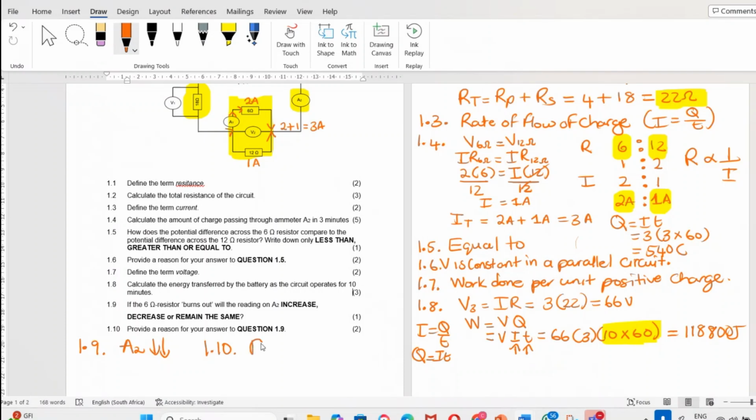So the total resistance has increased because the resistance now, when the 6 ohm burns out, is 18 plus 12, which gives us 30 ohms rather than the 22 that we found earlier on. So if the total resistance increases, because resistance is inversely proportional to current, then the total current should decrease. And that is why the reading of A2